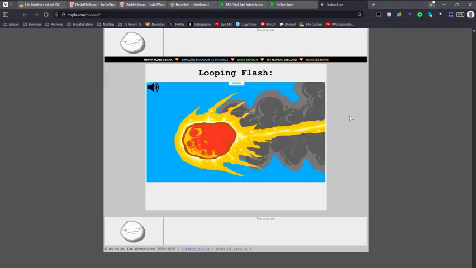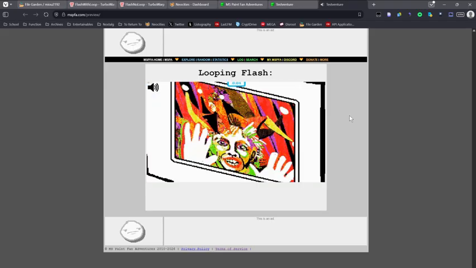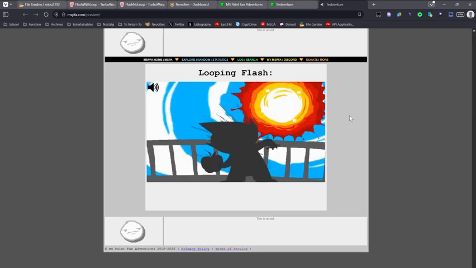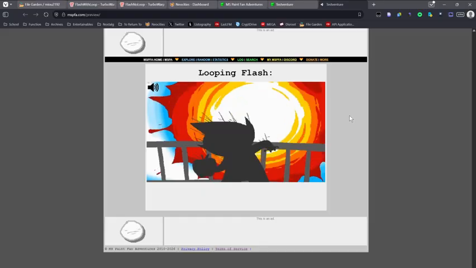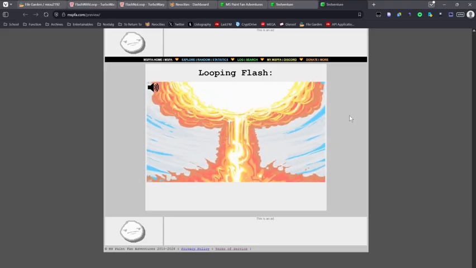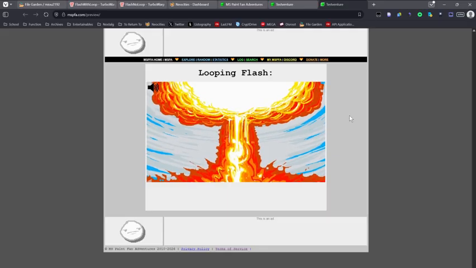I'm going to wait till this flash ends so that you can see how it loops at the end, which is actually really clean. But the long and short of it is you will need, first of all, some kind of file hosting service, which FileGarden is completely free. I haven't tried using Google Drive yet, so I don't know if that works, but you could try it. Basically anywhere that you can upload it also. Look at that loop. It's so perfect. And it'll go on forever. This will happen infinitely.